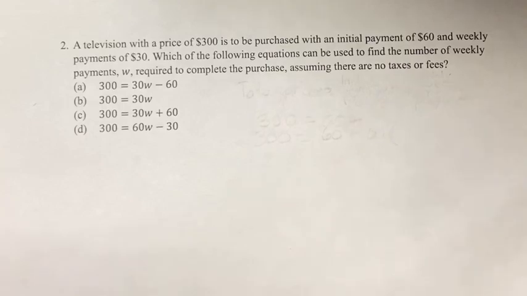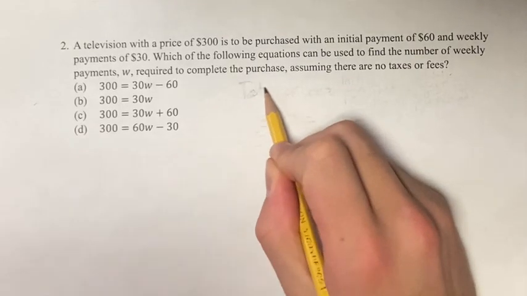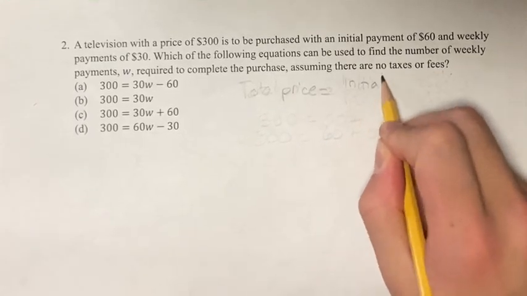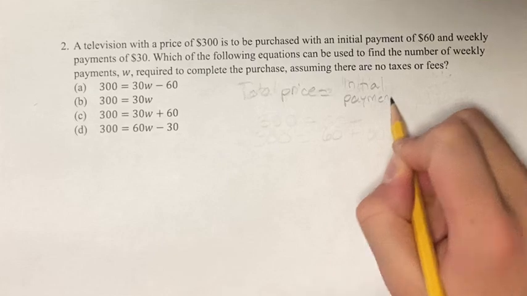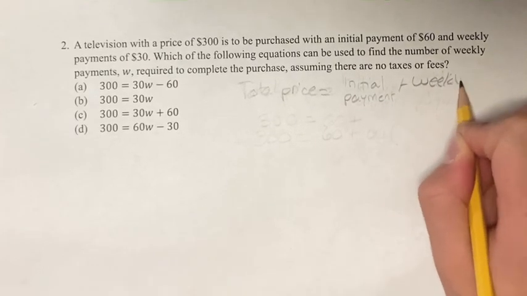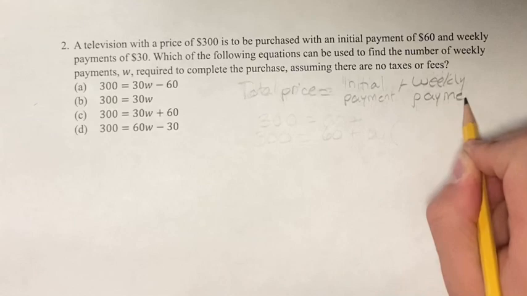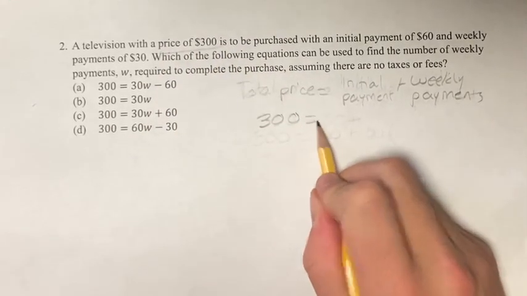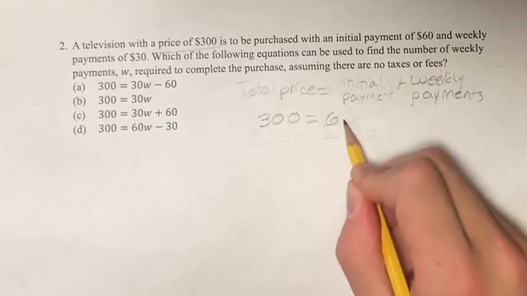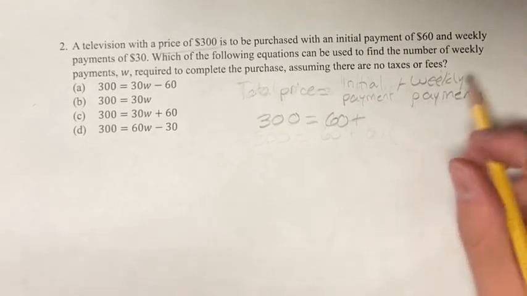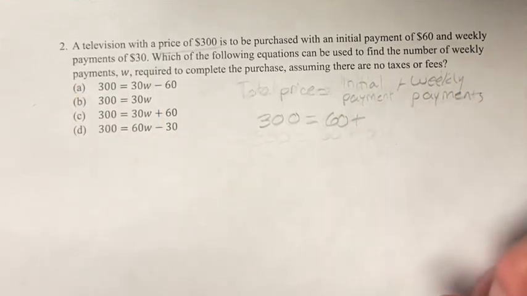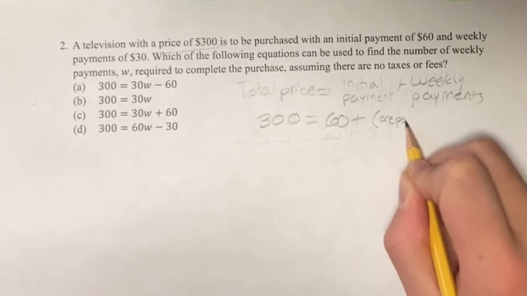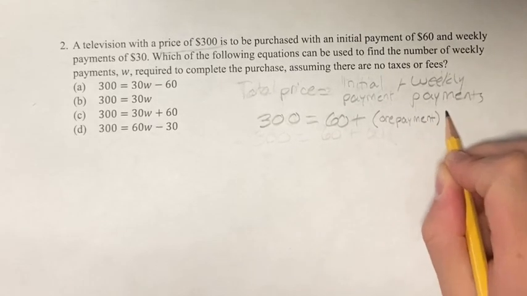So the way we're going to do this is we're going to come up with an equation that says, okay, we have our total price, and this is going to be equal to the initial payment that we make plus all of the weekly payments, right? These two together are going to pay for the whole thing. What is the whole thing? Well, our total price, we're told, is $300. So $300 is going to be equal to our initial payment of $60 plus the total sum of all the weekly payments. So that's going to be the price of one payment times the number of payments,